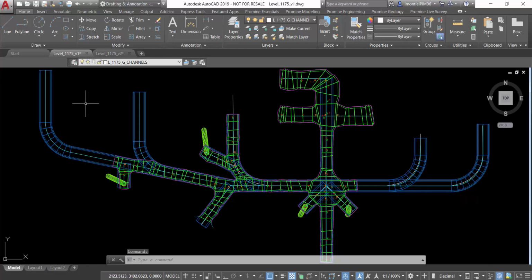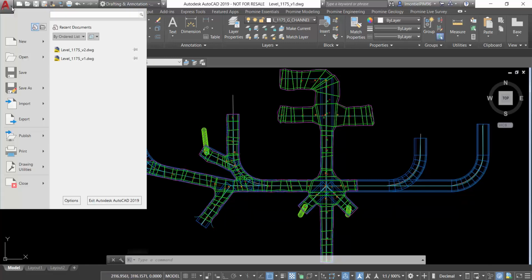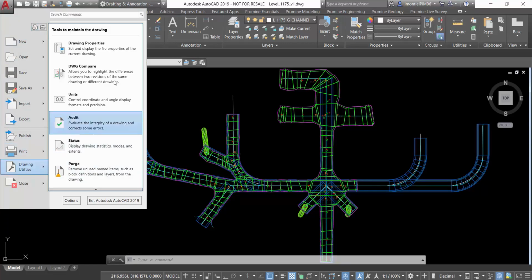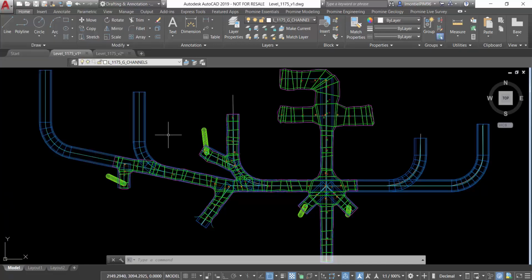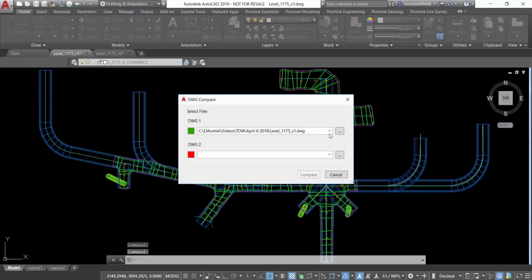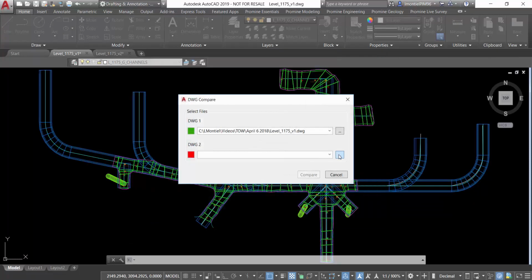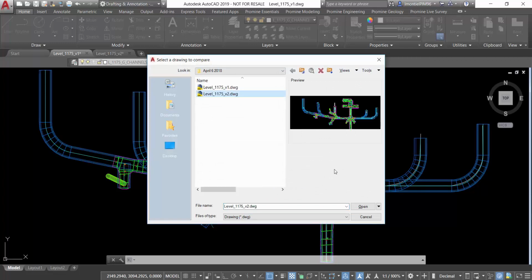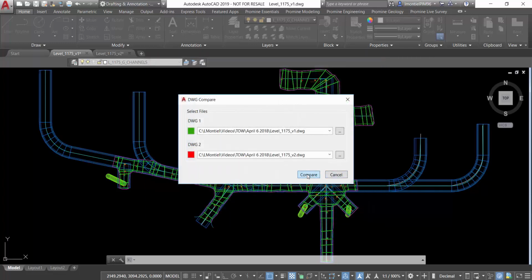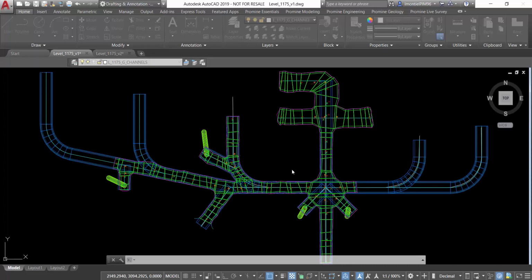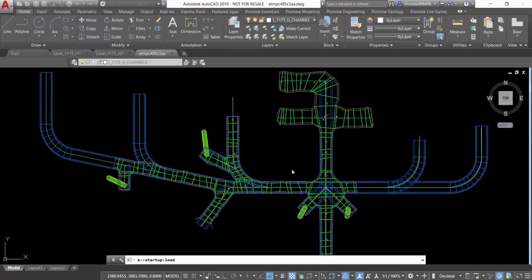In order to access the compare tool, we go to the main application menu of AutoCAD, and we look here into drawing utilities. We have the command here, DWG Compare. We click on DWG Compare, and it's going to ask us what files we want to compare. We select first the first version of that level, and as the second file we're going to have the second version of that particular level. We click on compare, and it's going to display a new drawing with the comparison results between those two